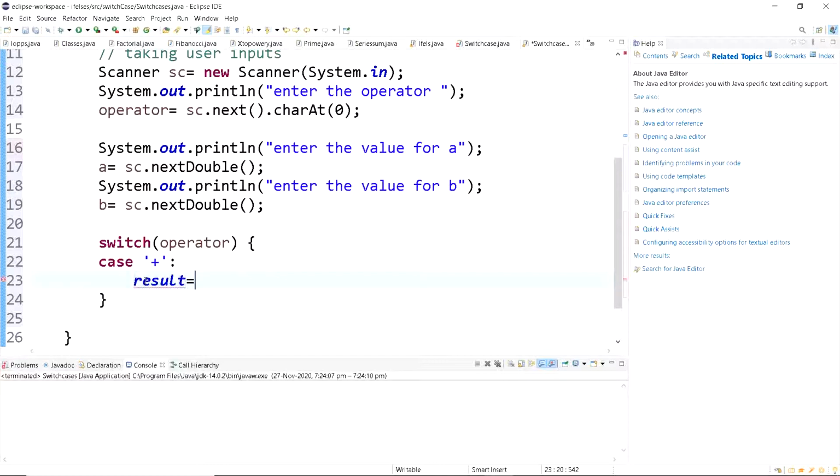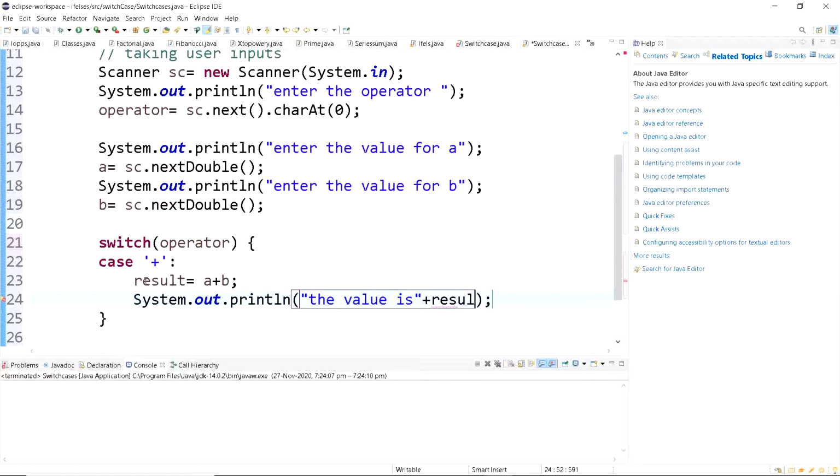Result equals A plus B. Then we print out: the value is, and then print out the variable called result, and then break.